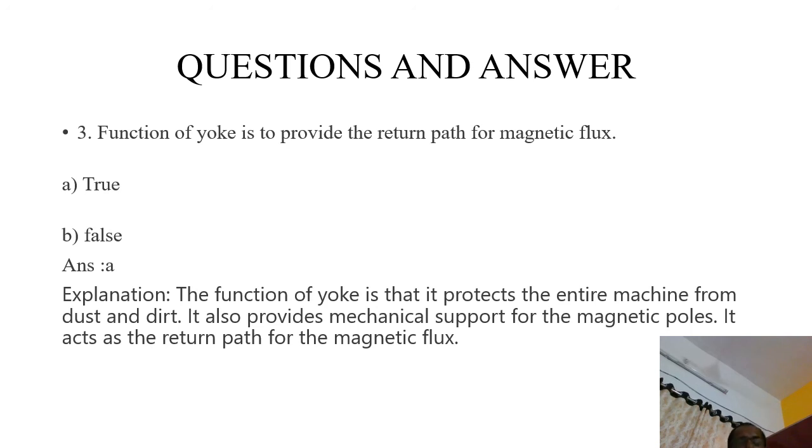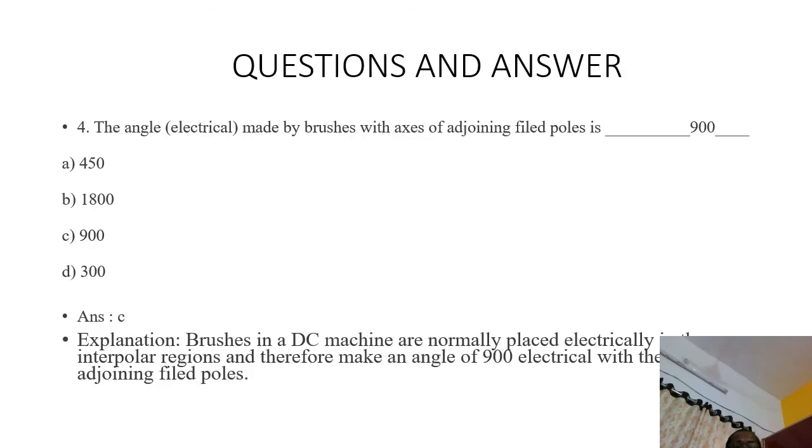The next question: the function of the yoke is to provide the return path of the magnetic flux, and the yoke also provides complete mechanical protection of the inside parts of a DC generator. Is it correct? Yes, true. The function of the yoke is to provide the return path of magnetic flux. Next question: the angle made by brushes with the axis of the adjoining field pole is...